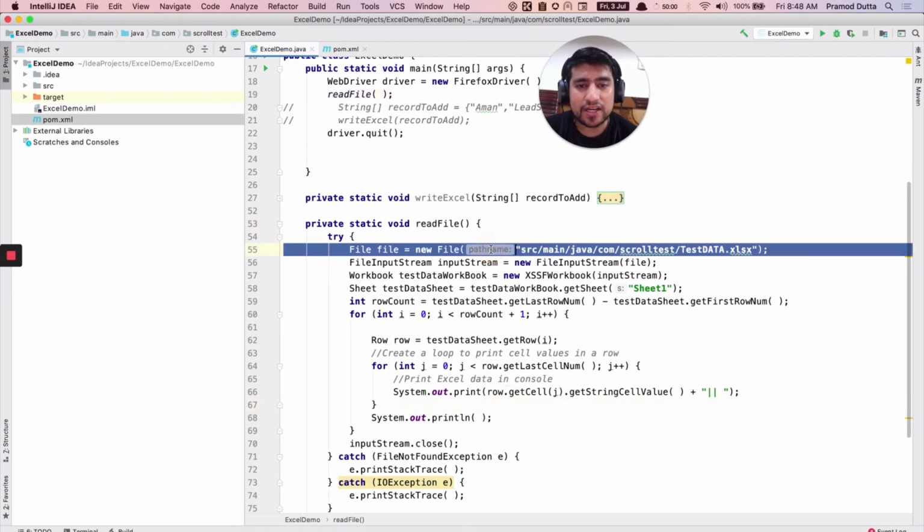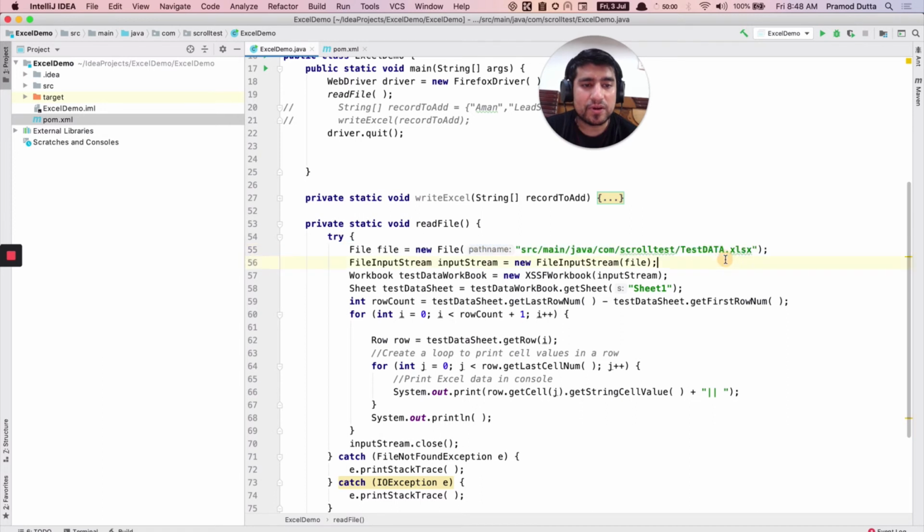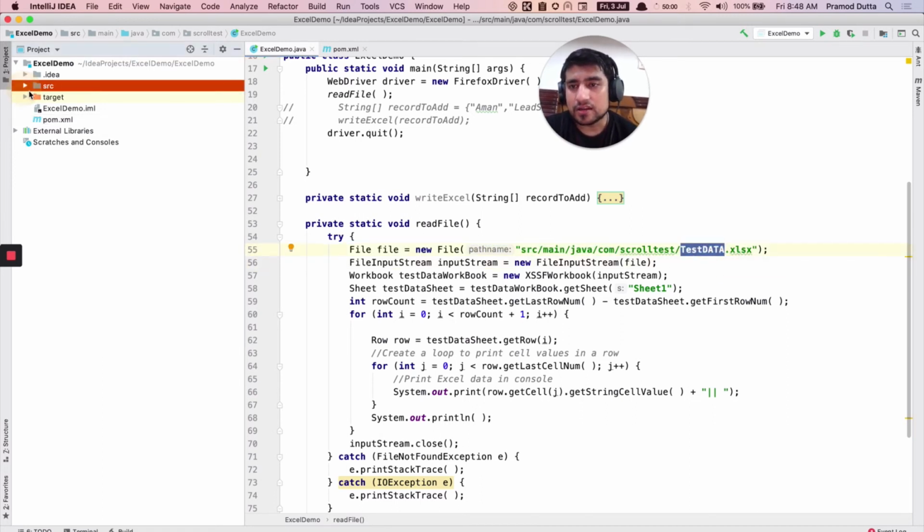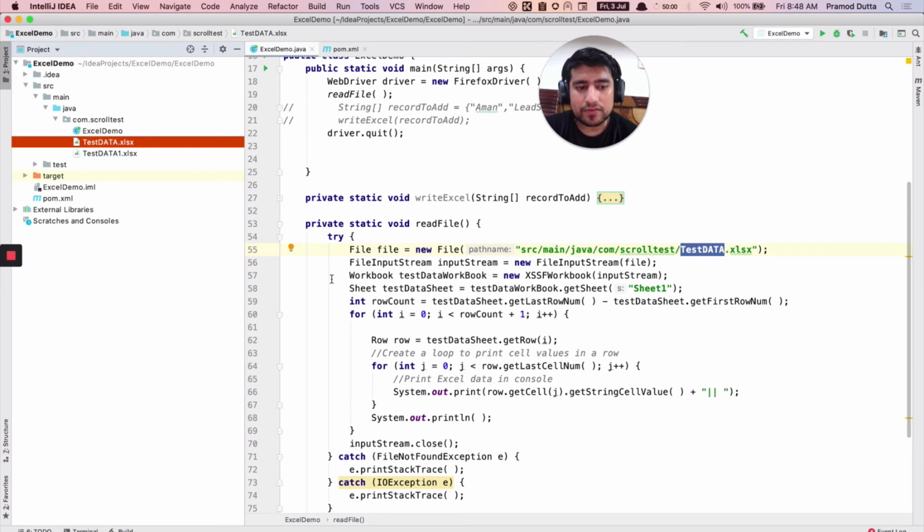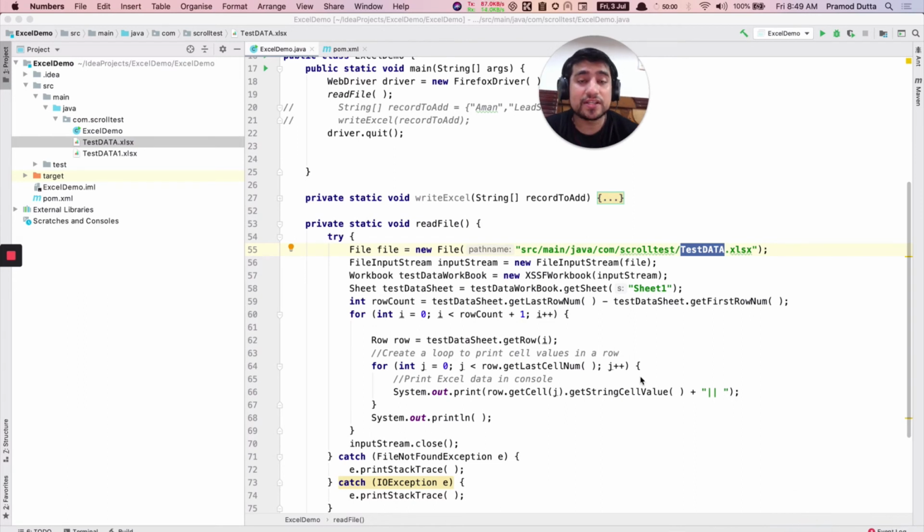So this is what we have done. We have created a file. This is where my file is present, which is testdata.xls, right? You can open it. Let me show you how this looks. If you double click on it and you're on Mac, it will open Numbers. Numbers is a utility very similar to Microsoft Excel. Not similar actually, but yeah, it can open Microsoft documents for you.